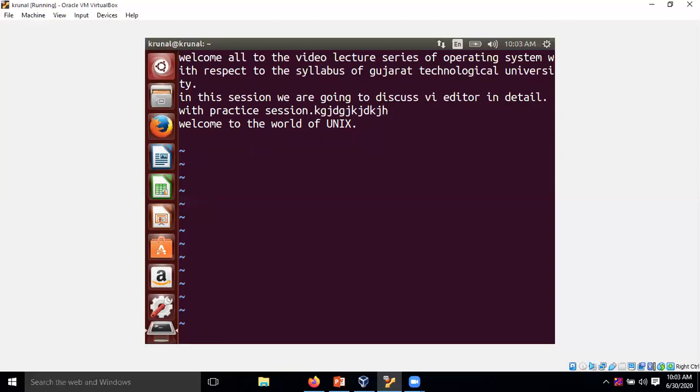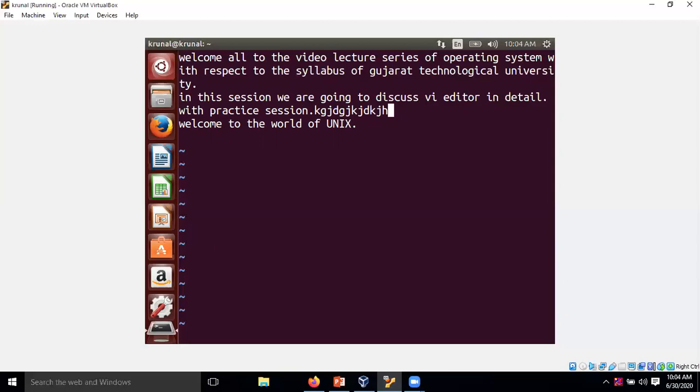The VI editor is a very powerful editor. Whatever you want to do, you can do it. There are so many options, so many shortcuts available. Wherever you want to change something, you can change it. But you need to remember how to use the shortcuts in a proper manner. You need to remember the shortcuts, as well as be familiar with insert mode and command mode, how to move from one mode to another, and how to come out from the previous mode to the current mode. Those things you need to keep in your mind.